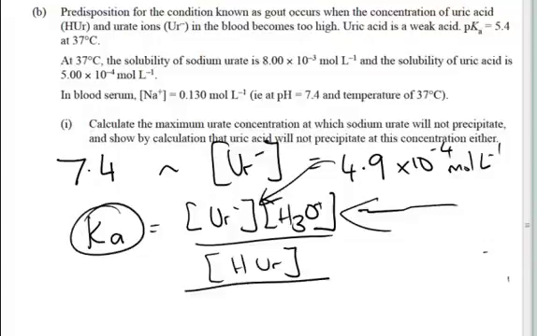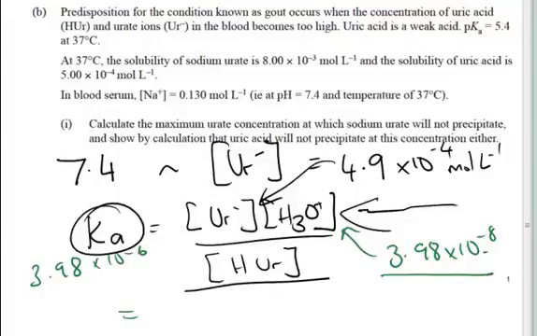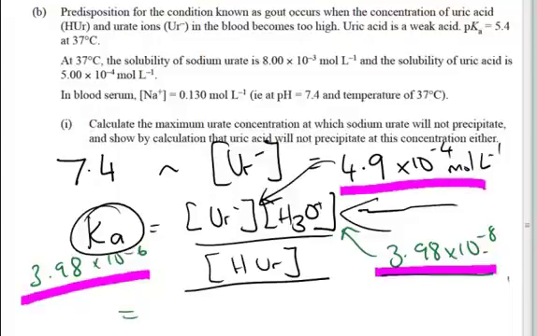So if we go ahead and do that calculation, the 3.98 times 10 to the negative 8 is just inverse log 7.4. That's just giving us the hydrogen ion concentration. This is just the Ka, and this is what we've just worked out. If we go ahead and do that calculation, we should get a value for the concentration of the uric acid equal to 4.9 times 10 to the negative 6